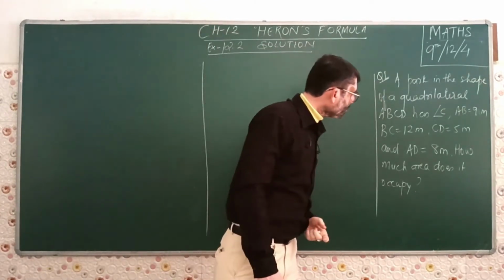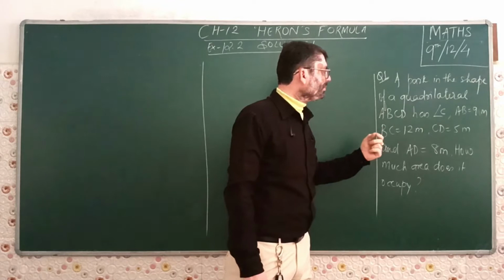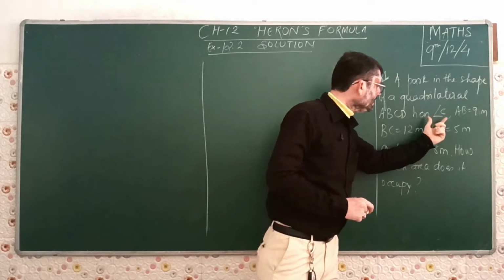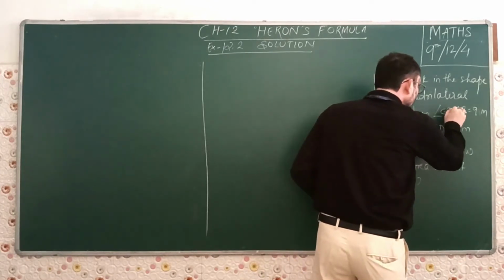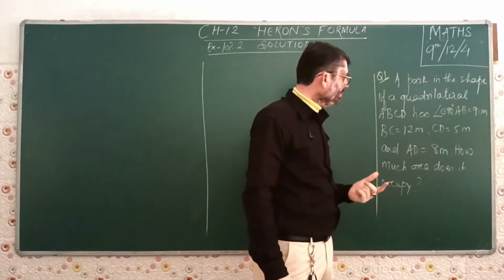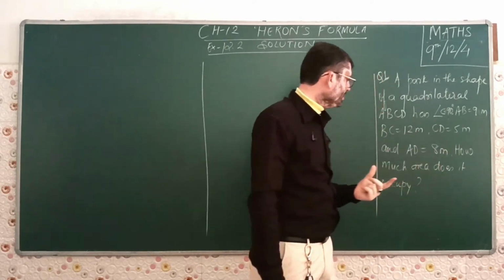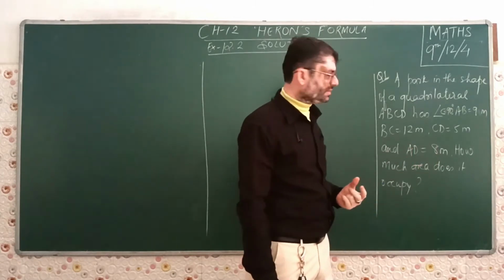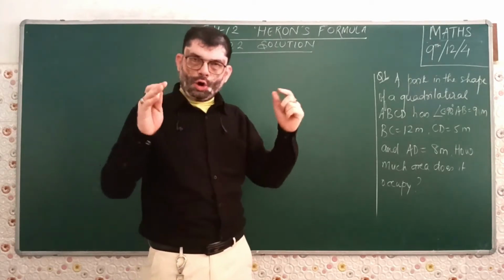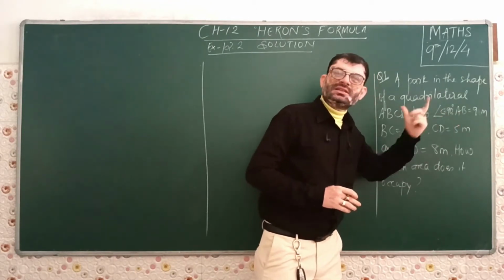Question number 1. A path in the shape of a quadrilateral ABCD, that means the path is in the shape of a quadrilateral, has angle C equal to 90 degrees, side AB equal to 9 meters, BC equal to 12 meters, CD equal to 5 meters and AD equal to 8 meters. How much area does it occupy? That means what is the area occupied by the quadrilateral with these lengths and an angle C equal to